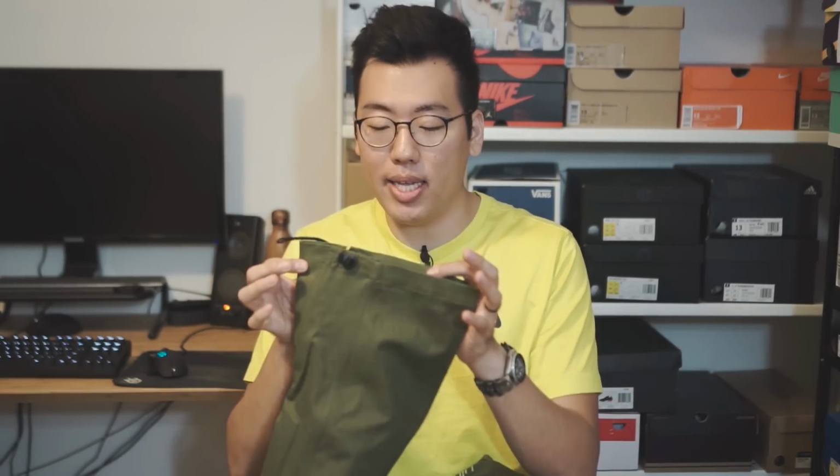Okay, so now let's move down to the second major feature of the pant, and it is this adjustable ankle opening system. First of all, I'd like to mention that Nike did a really bad job of promoting this system. If you look on their website, the picture that they have of this, I have no idea what the system is or what you're even supposed to do. It doesn't really show what it is at all. And once I got it in the mail and played around with it, I found out that this is actually a really ingenious system, and it gives you a lot of ways to adjust the